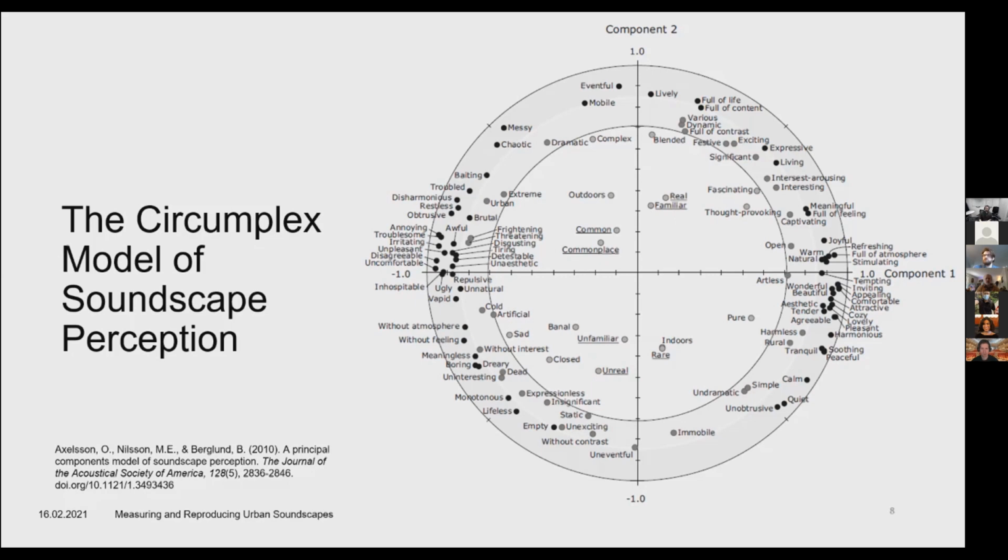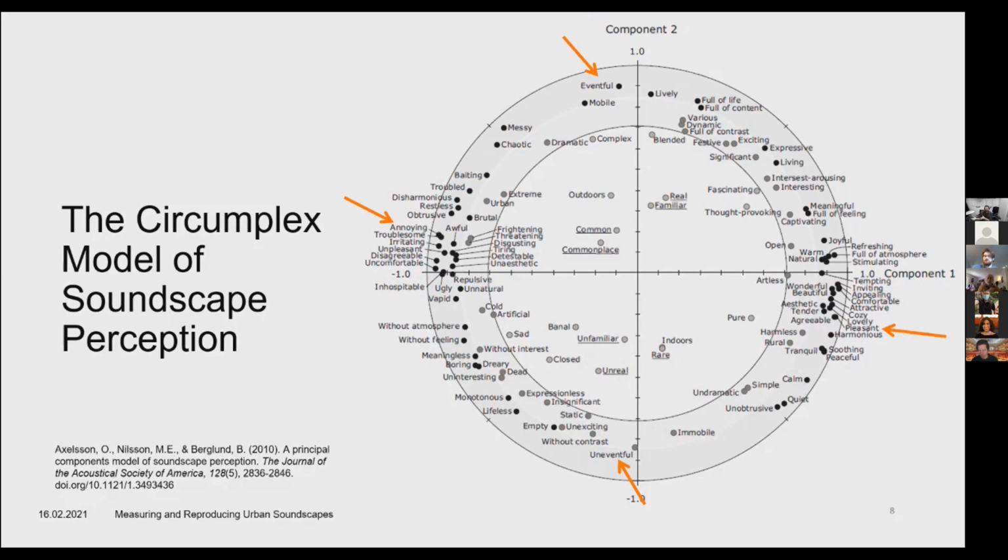Sort of the one that we're most interested in here is pleasantness. We can see all these adjectives that group around the positive x-axis here are sort of pleasant adjectives. On the other side, we get annoying or unpleasant adjectives. But the really interesting part is that this is orthogonal to eventfulness, and on the opposite side, uneventfulness. So the concept here is that we can describe the perception of a sound environment in a two-dimensional space as